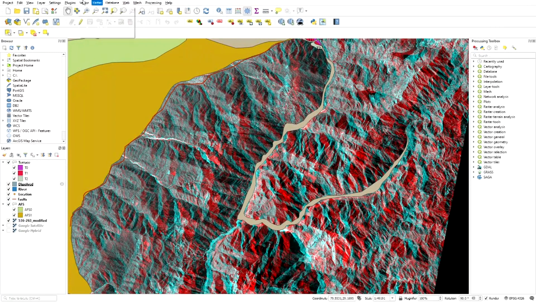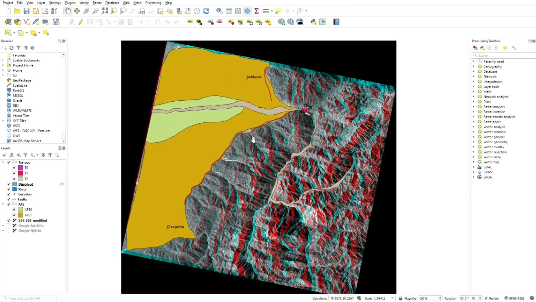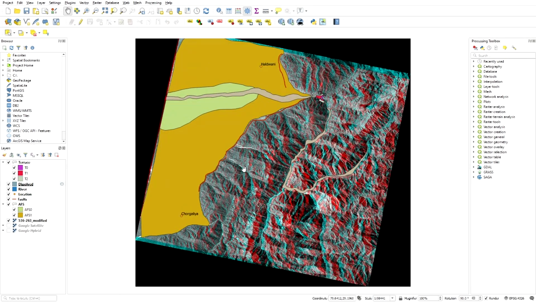So, you can explore these options. Now I will show you a detailed map which we have generated for our research. I will show you the detailed tectono-geomorphic map of the same region, and that map we have prepared with the help of Anaglyphs on QGIS only, and in that map we have traced all the fluvial systems